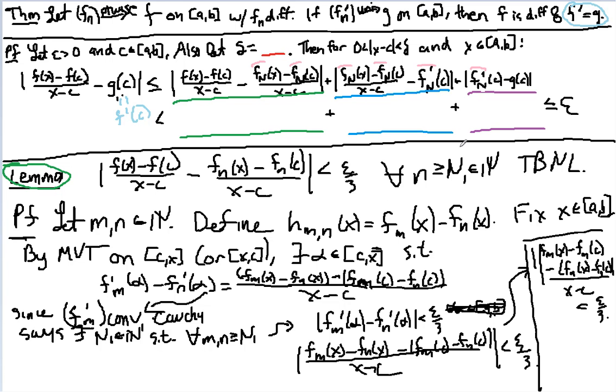So what I've done is I've shown for this proof that there exists, I want to do this in green, there exists an n1 such that for all m and n bigger than or equal to n1, I get this kind of whole hubbub. And it boils down to, if I can erase a bunch of stuff,